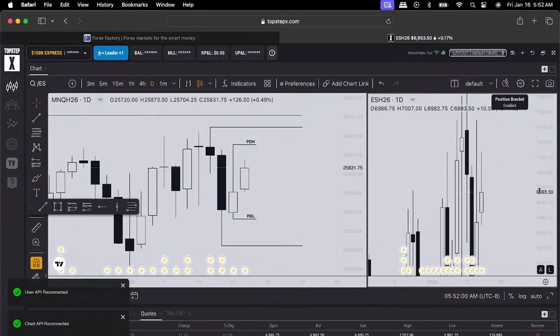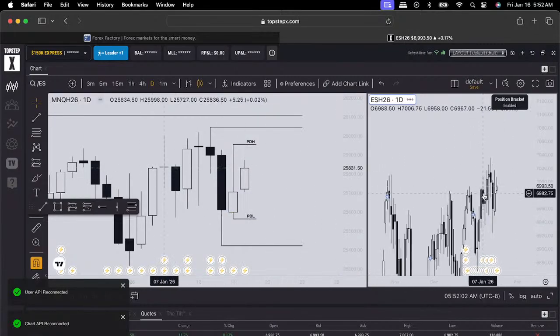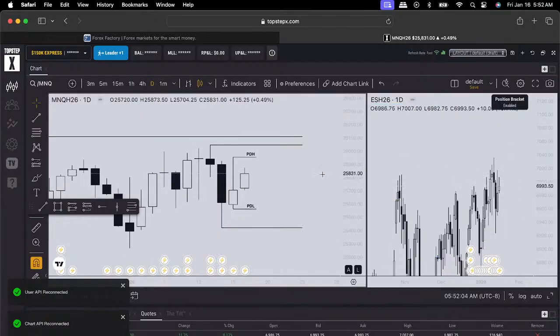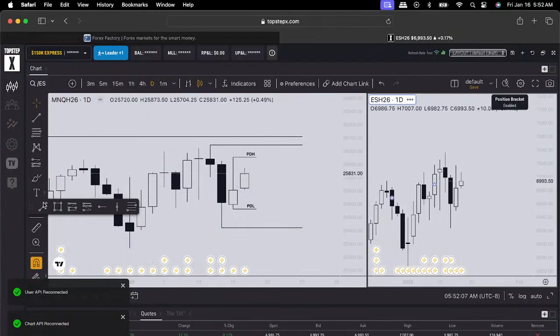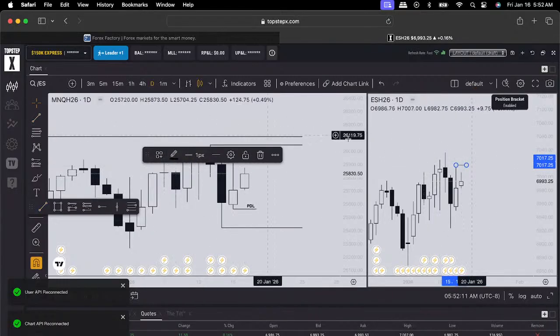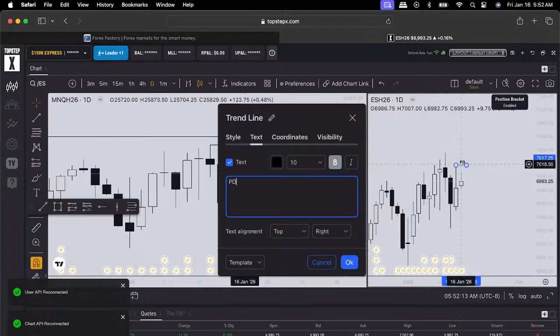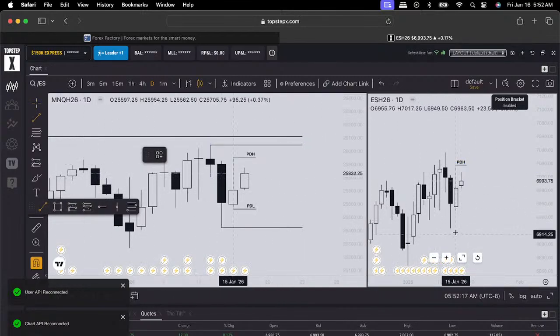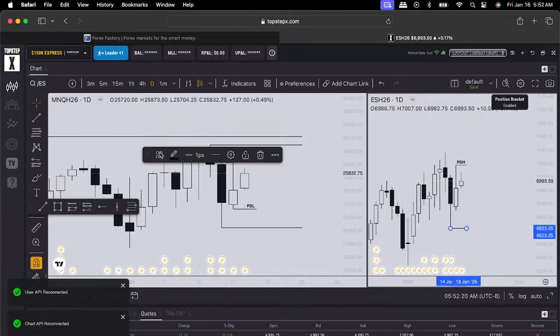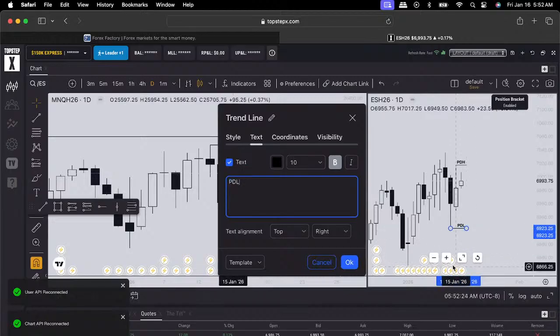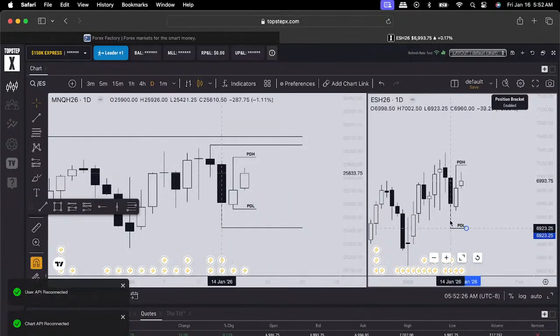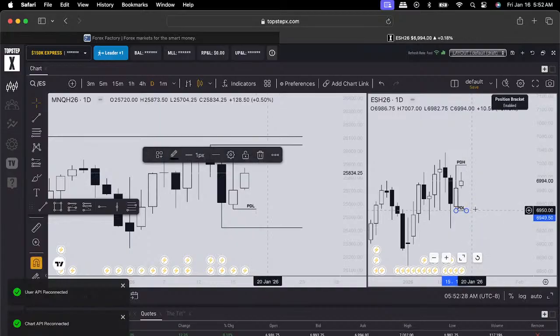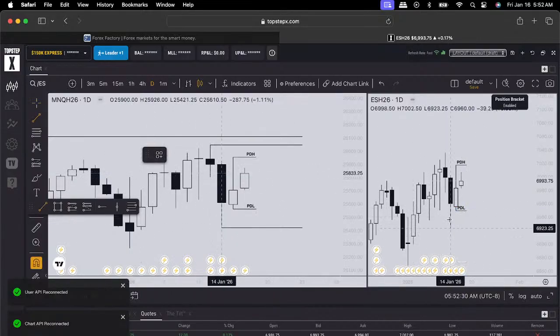Alright, now let's look at over here. What's going on with this? So let's start from in. Previous day highs. Just marking out what's relevant to me, what makes sense, where we should see a reaction from the market and all that jazz. Those are not previous day lows, these ones are. That's a swing.